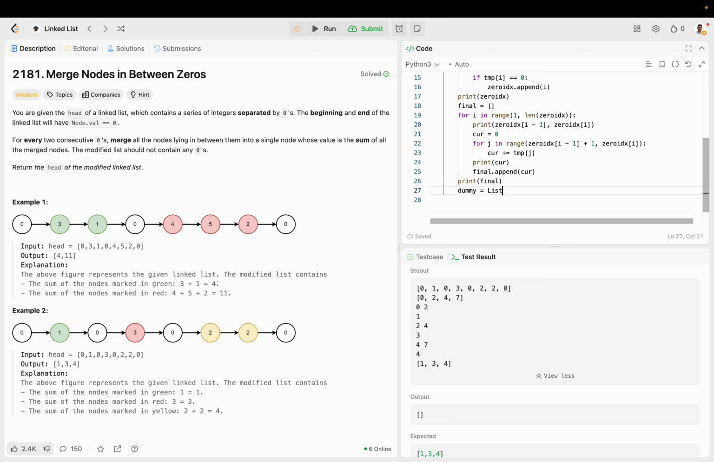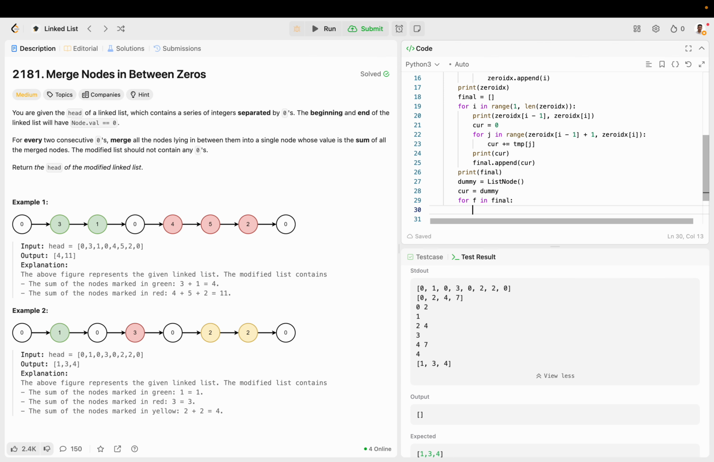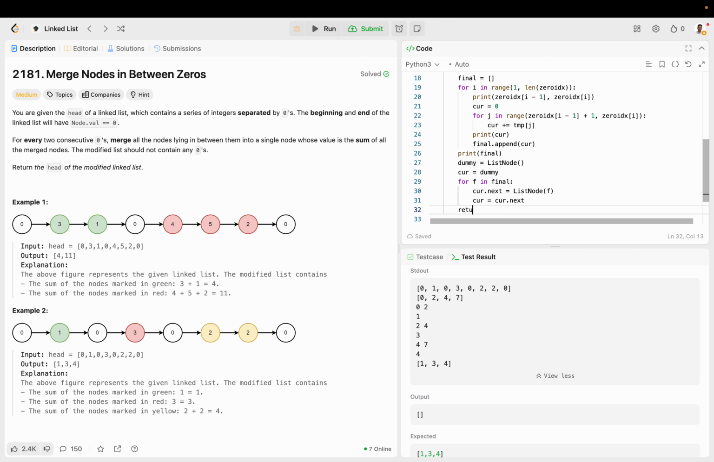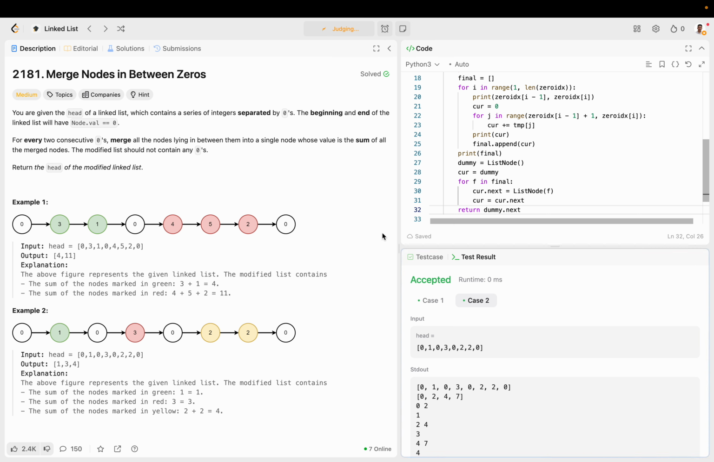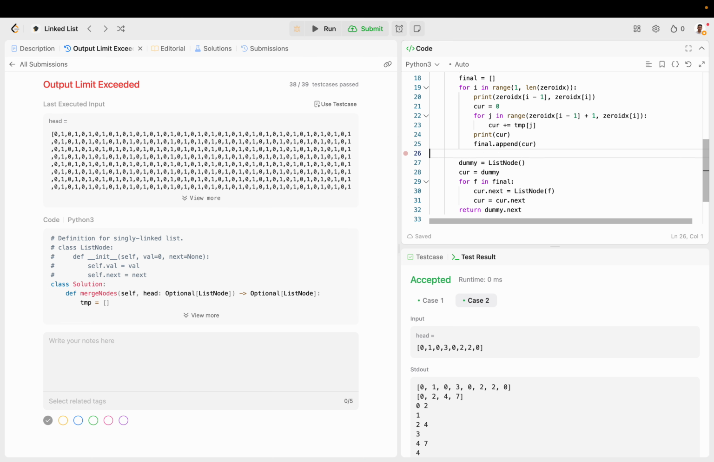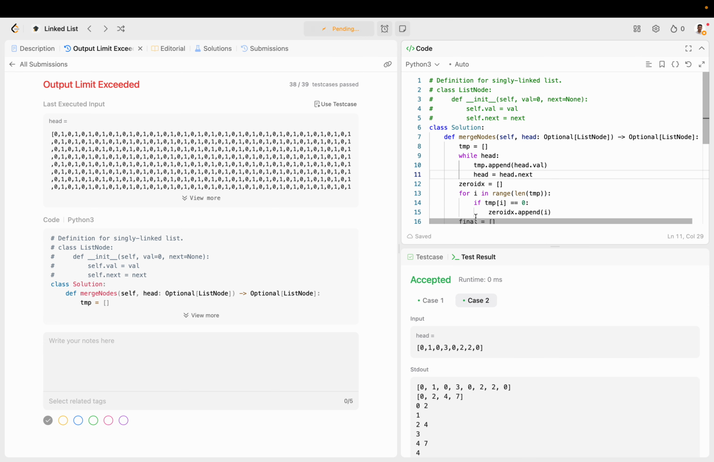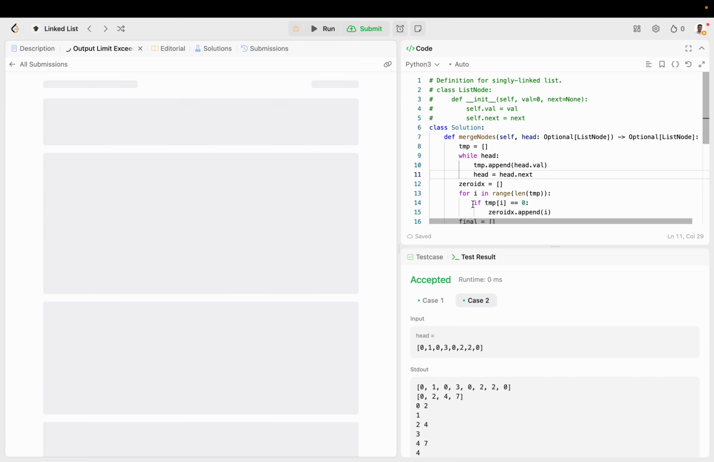So dummy equals list node, cur equals dummy. For f in final, iterating from left to right over this list, taking the integer and turning it into a list node object, and moving the new linked list ahead, and then returning the reference to the original head of the linked list. Okay, and output limit exceeded. Okay, get rid of this, get rid of this. And there you go,